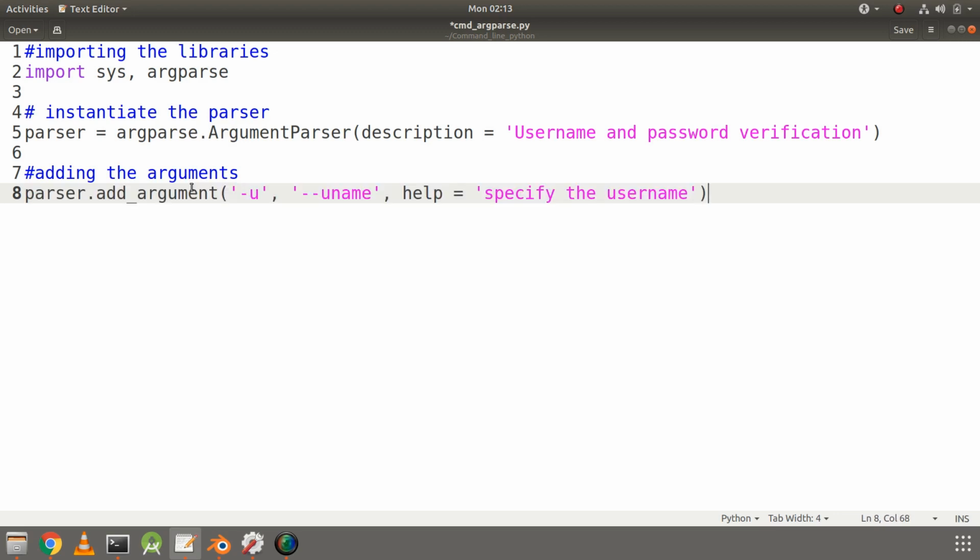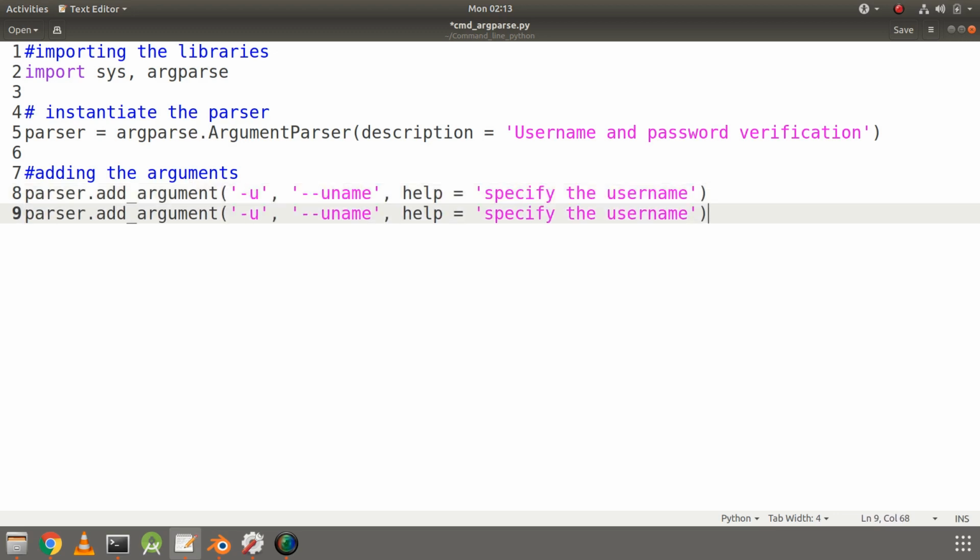Let's copy paste this for the password also. Okay, so let's make the changes for password. We will change it to -p, uname will be changed to password, and instead of specify the username it will be specify the password. Now we can use one more option here, that is the destination.